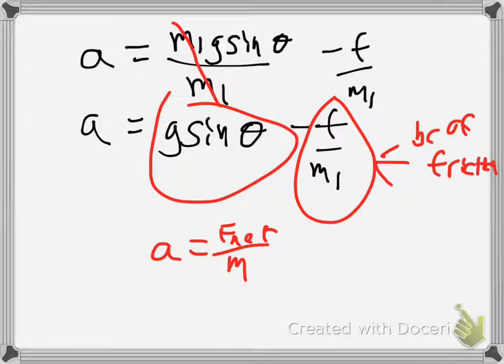What is the net force acting on the block? Well, the net force, well, it's the x component of gravity minus the friction, and that's really what we just did here. So that is our final answer,